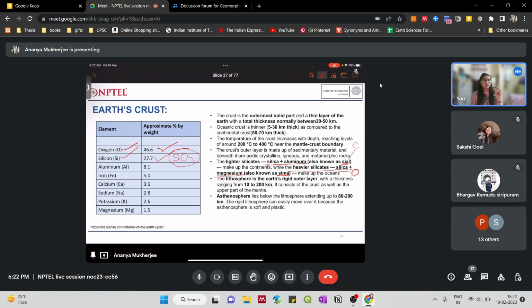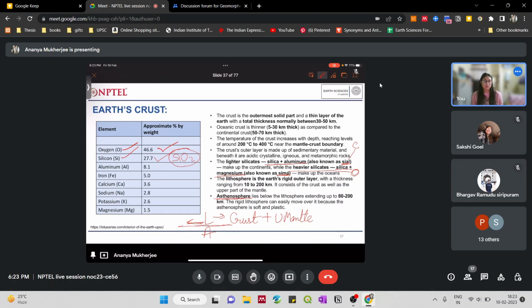So it is essentially the rigid or solid part of the earth's outer layer, but it also consists of some part of the upper mantle. So your lithosphere is actually the crust plus upper mantle. Then you have something called the asthenosphere. The asthenosphere is just below the lithosphere, and the lithosphere kind of flows on top of the asthenosphere,